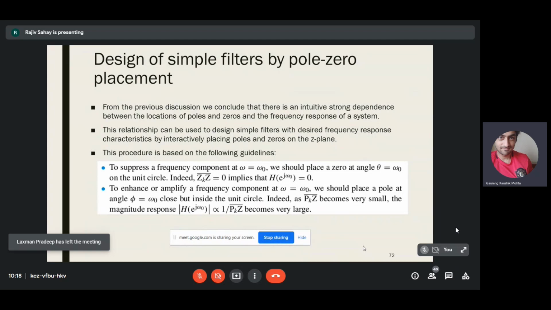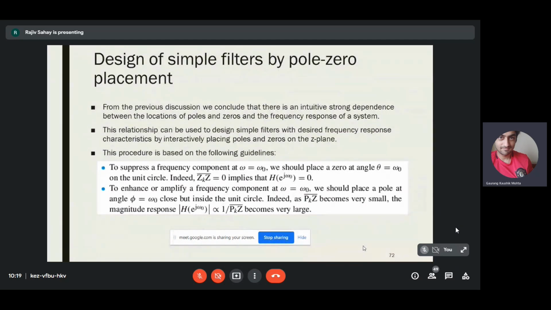One of the filters that we will look at now is a resonator. We can look at band pass filters, resonators, and oscillators. We can design the reverse of a resonator, which is a notch filter, and we can look at the modification of the notch filter, which is the comb filter.